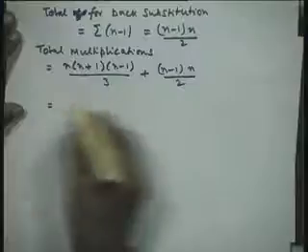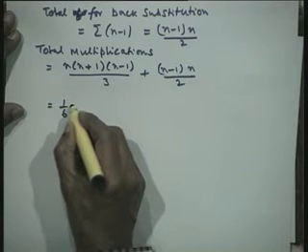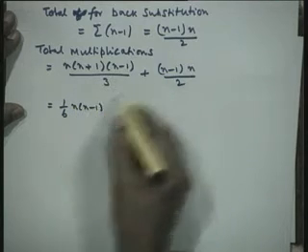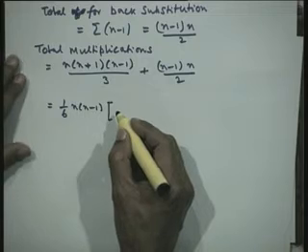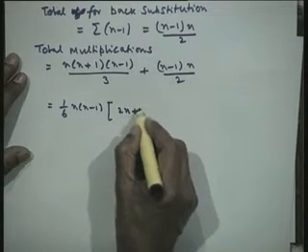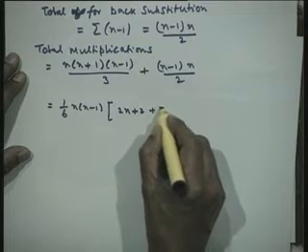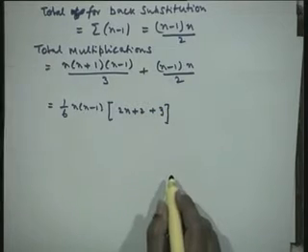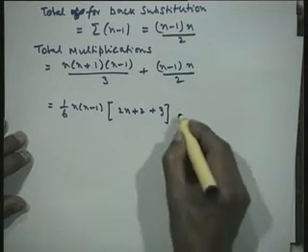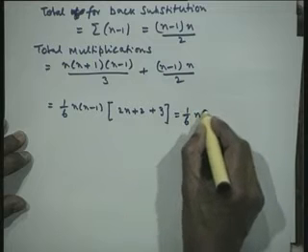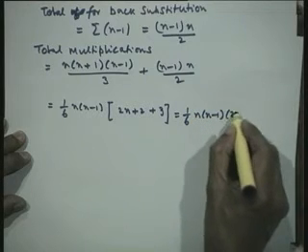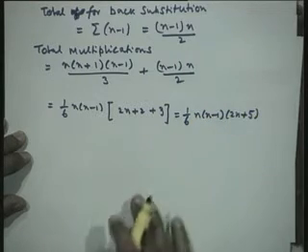Now, let us simplify this. I will take this quantity here. So, let us take 6 outside, and n into n minus 1 outside. So, that I have here 2 times n plus 2, I have taken n into n minus 1 by 6. So, I will have 2 n plus 2 plus 3, that comes from 3. This is 1 by 6 n into n minus 1 into 2 n plus 5.